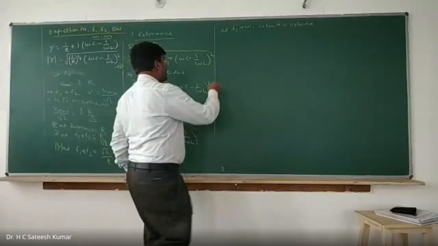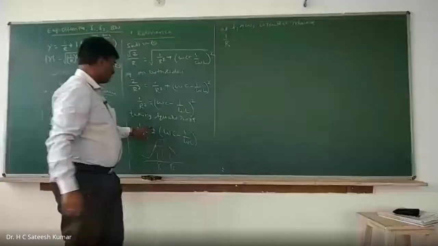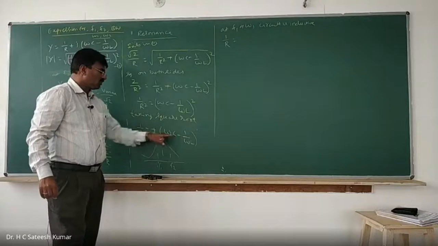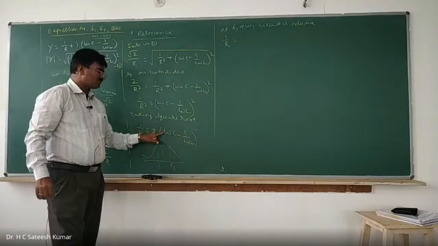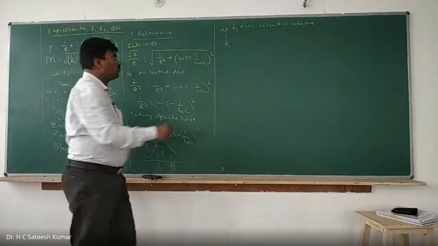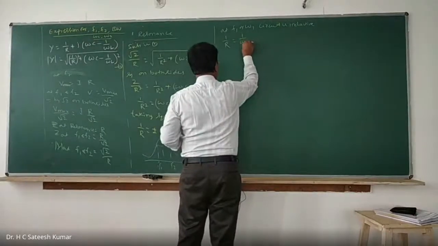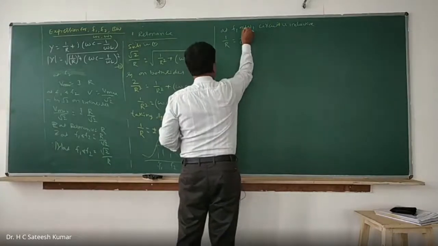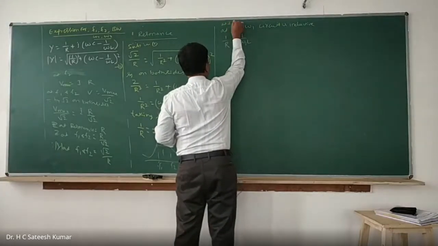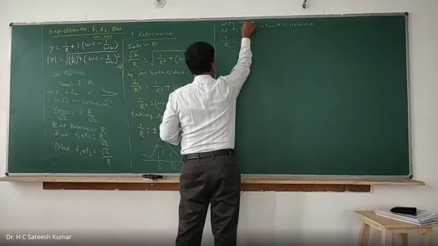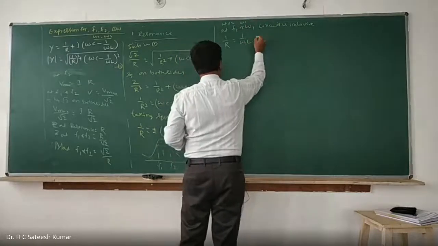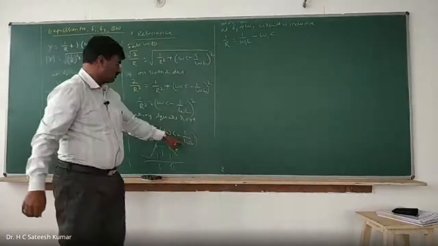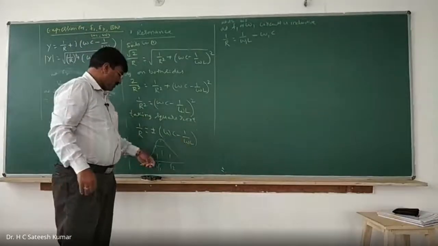1 by R is equal to, where we have plus or minus, now you take minus, because this is more and this will be less. Multiply by the minus sign, then what will you get? 1 by omega 1 into L, at f equal to f1 and omega equal to omega 1, minus omega 1 into C. We can write it because this part is more.